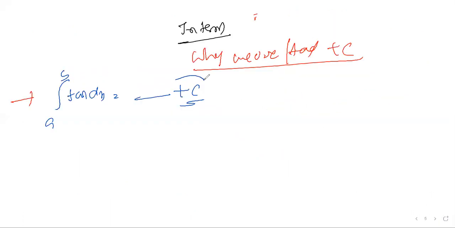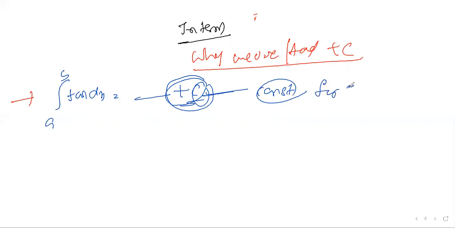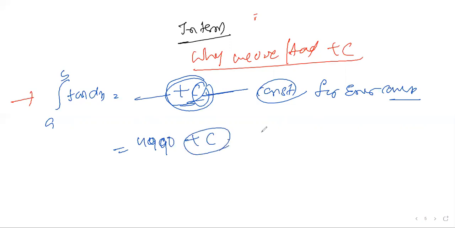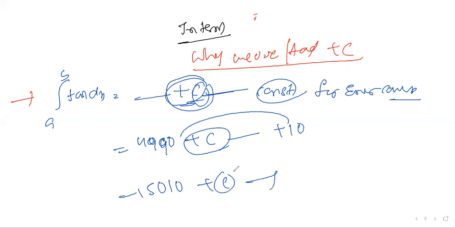To reduce the error, we add a constant, plus c. C is a constant used for error correcting. Error correcting means, suppose the answer you got is 4,990, for example, then you write plus c, meaning plus 10. You may get 5,000. Or suppose you got 5,010, then plus c, how much? The c value is -10. So c is a constant for correcting error, to balance the equation.